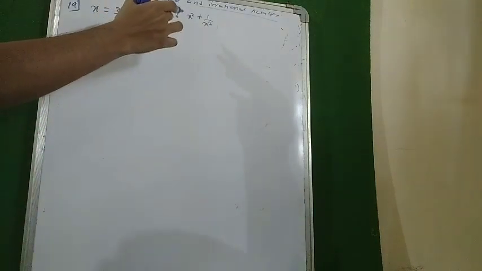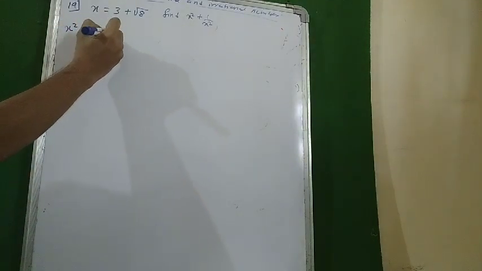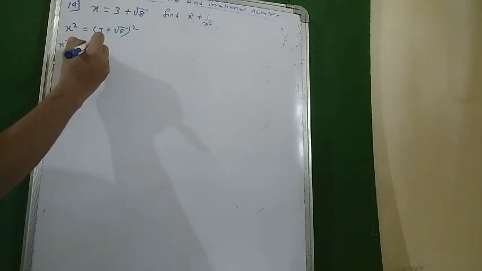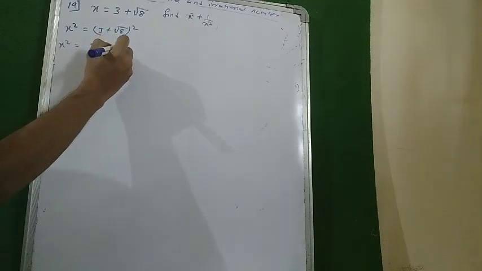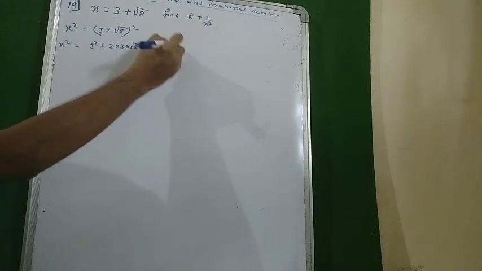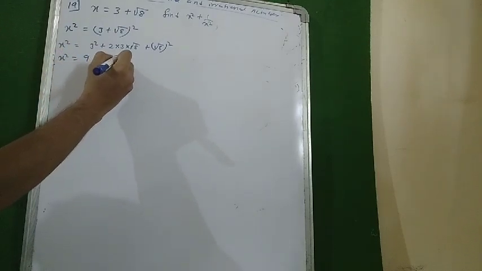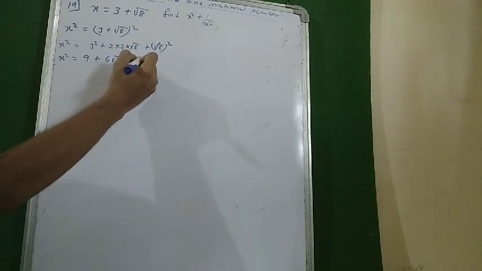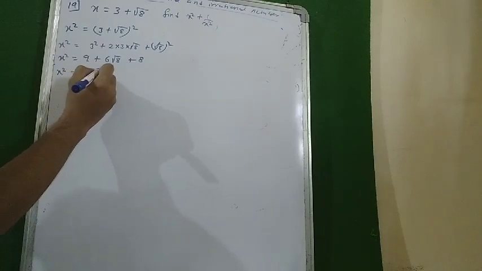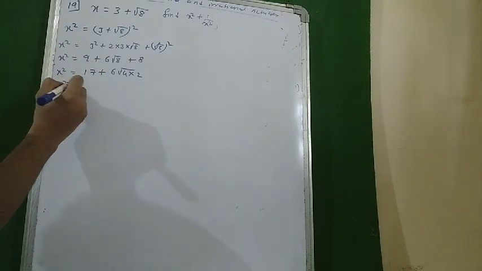We want x square plus 1 upon x square. Okay. So first of all, I will find the value of x square, that is 3 plus square root of 8 the whole square. So x square becomes a square plus 2ab plus b square. Okay, x square as it is. What is 3 square? 9. 2 3s are 6, square root of 8 plus square root cancel. So it is 8. x square is equal to 9 plus 8, it is 17 plus 6 into root 8, which can be written as 4 2s are, where 4 is the perfect square.